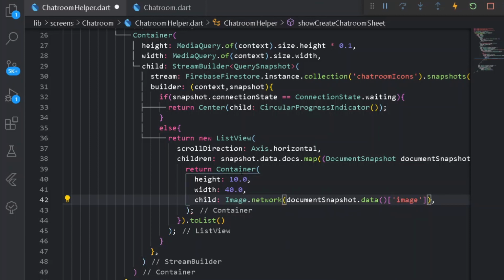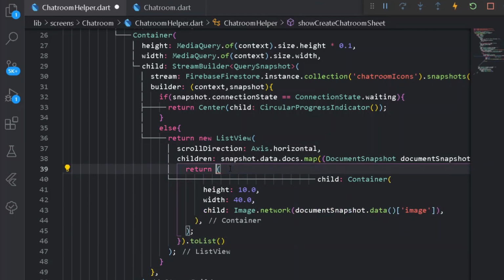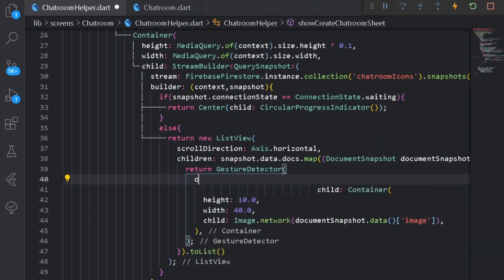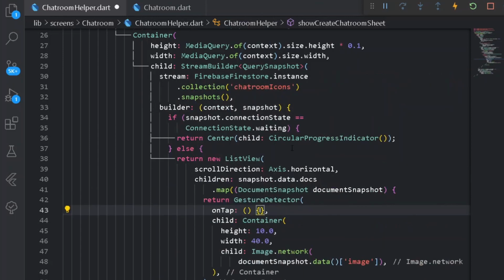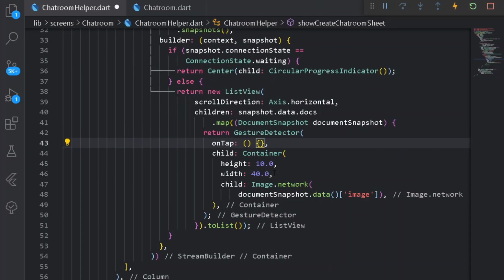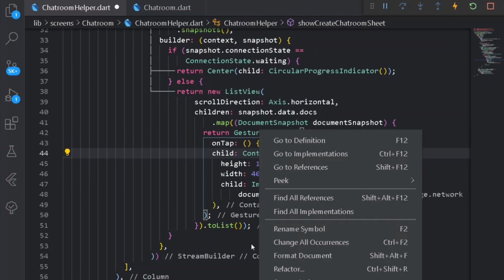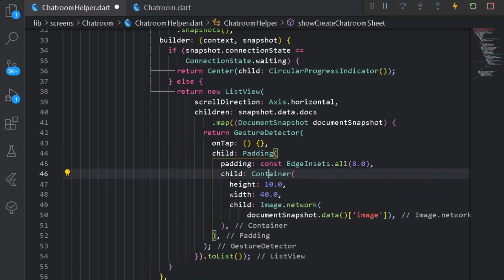But here instead of having a container, I can also do one thing, refactor the following thing under a GestureDetector, and here onTap we shall be performing some of the operations. So once this thing is done, we can simply refactor the following container under a Padding from left side for all of the particular icons. So here let's have padding from only for left, not 8 but 16, format document first.